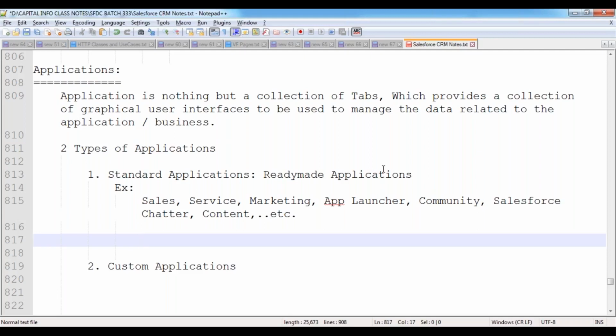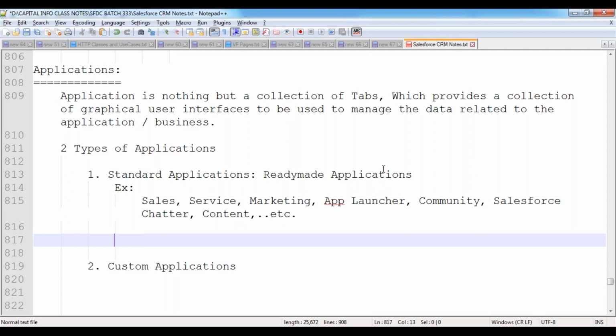Suppose in future, after 1 year, after 2 years, if you want that service application, then you can activate it again. We can make it visible. That facility is available. So the standard applications given by Salesforce, we can customize, but we can't remove. These are customizable, but these are not removable.